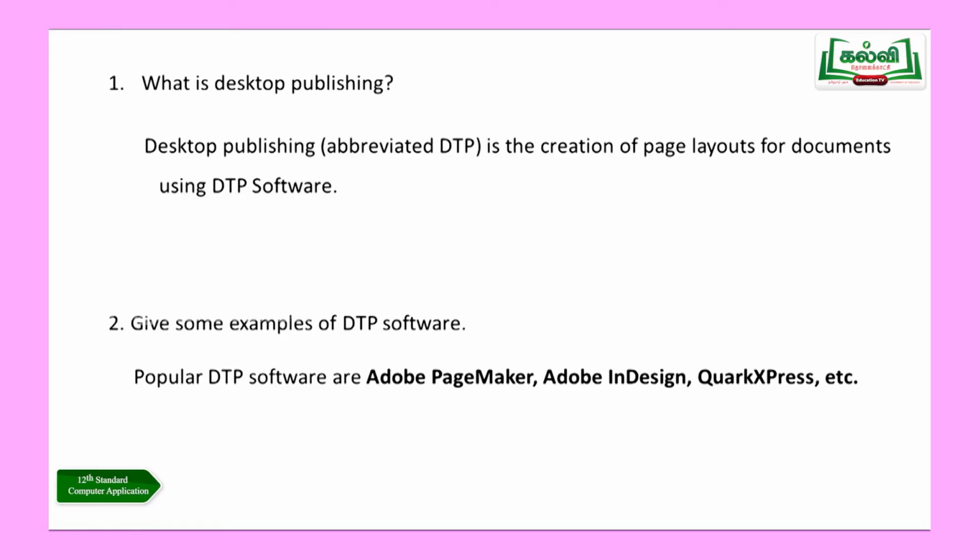Now we move on to the first question. What is desktop publishing? Using suitable DTP software with the help of a computer, we design the page and publish. This is called desktop publishing. Or, creating a document using DTP software and using page layouts for the documents is called desktop publishing. We move on to the second question. The first question is very easy. If you understand the concept of DTP, you can answer very well. What is DTP? I am using DTP software to create a document and publish it. That's all. Students, you can also answer in your own words.